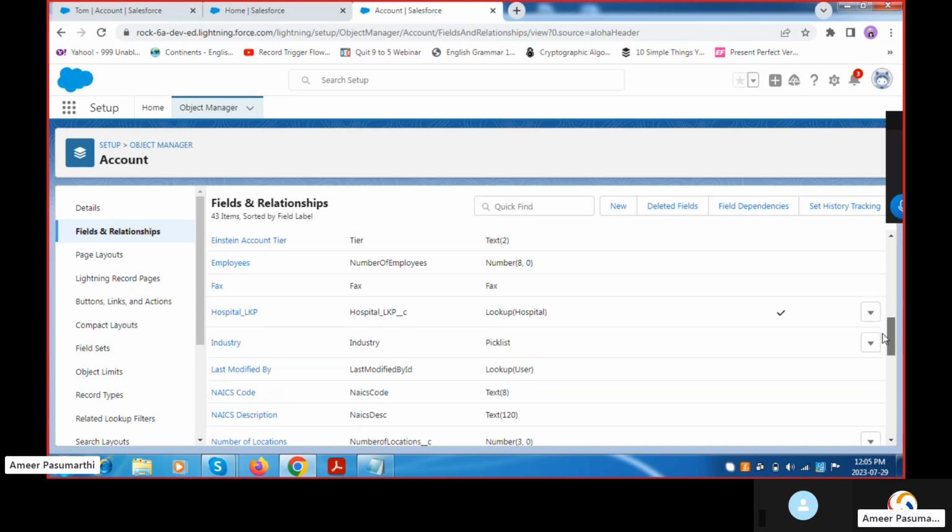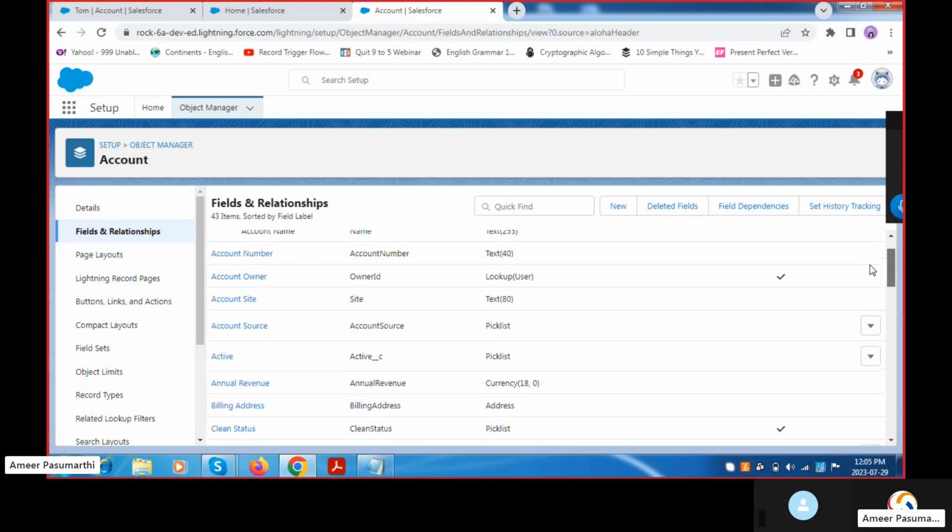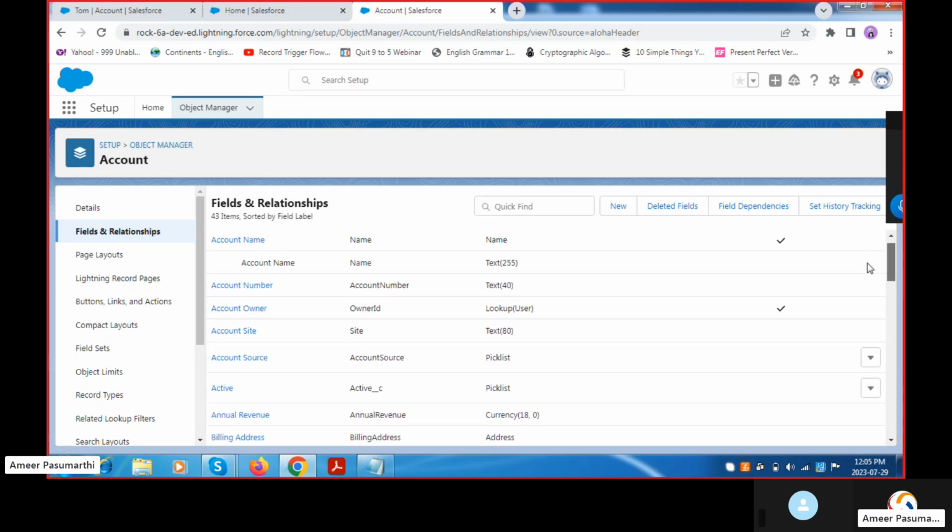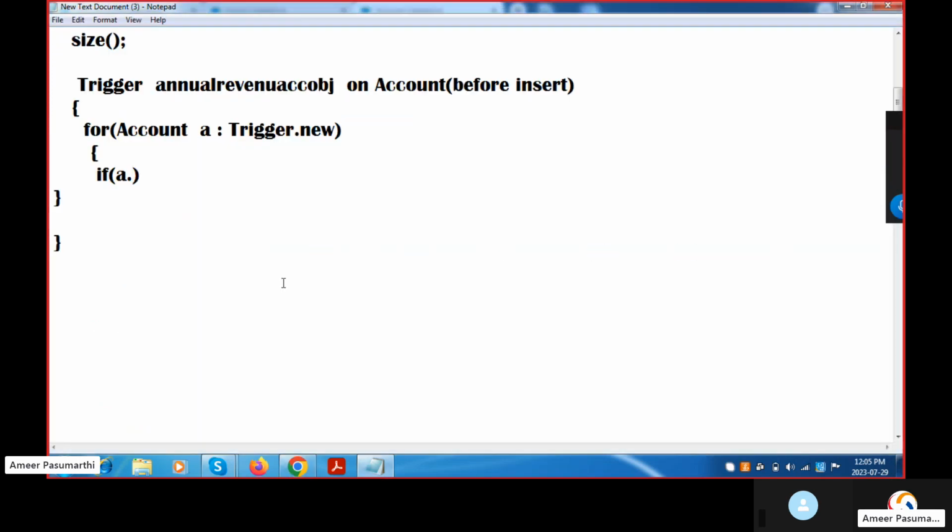Now I'm going to copy the annual revenue API name for the field name. See here, annual revenue. Can you find this? Yeah, annual revenue is here. I'm copying this and pasting it here. A dot annual revenue less than or equal to 50,000. Okay. Now give it as, if less than or equal to 50,000, and write it as